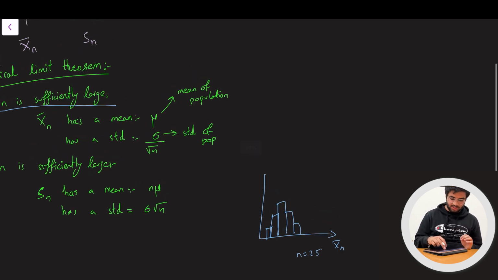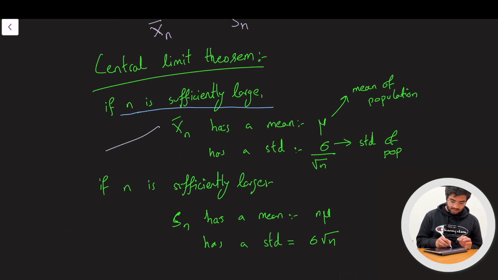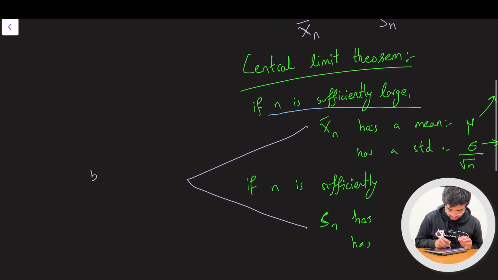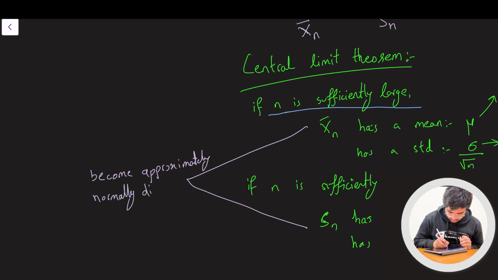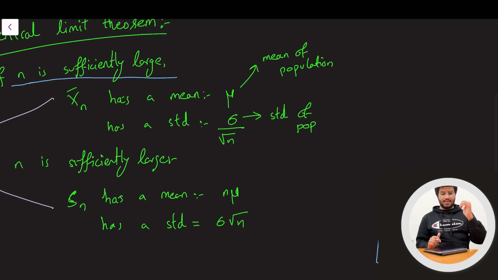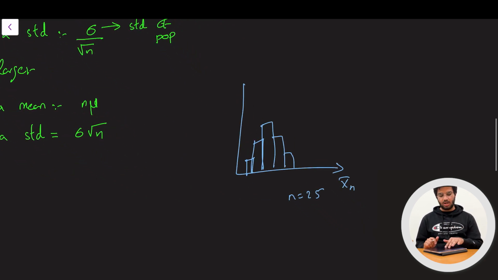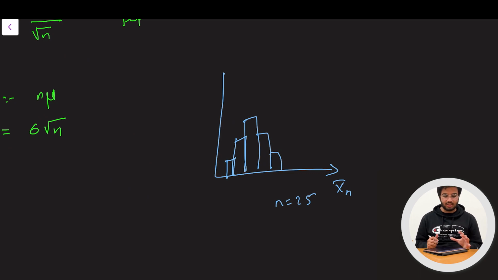Sorry, I forgot to mention that actually. That is one of the key things of the central limit theorem, is that these two become approximately normally distributed. Sorry, this is actually important. Approximately normally distributed, and they get those means and standard deviations. So I'm saying that as n gets bigger and bigger, these get more approximately normally distributed, and they get their means. If you look at this one, you can say that, yeah, it's kind of approximately normally distributed.